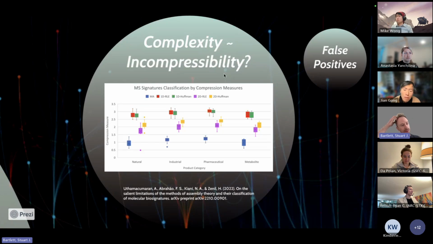Now, the method has been quite controversial to say the least, and has attracted a lot of attention from the media and from other scientists. In particular, people from the realm of computer science and information theory have suggested that the molecular assembly or assembly index is similar, if not identical, to some measures of algorithmic complexity from the computer science field, specifically